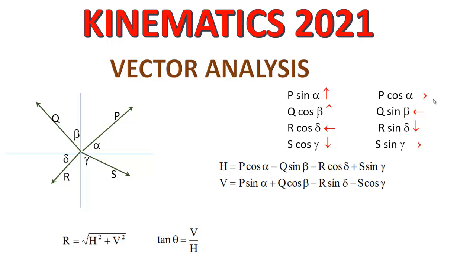So whenever you make a vector, as a ready reckoner, you can use the next table. See what we are saying. In the first quadrant, horizontal and vertical are both positive. Fourth quadrant, horizontal positive, vertical negative. Second quadrant, horizontal negative, vertical positive. Third quadrant, horizontal negative, and vertical also negative. Clear? So for any number of vectors, we have to resolve like this.